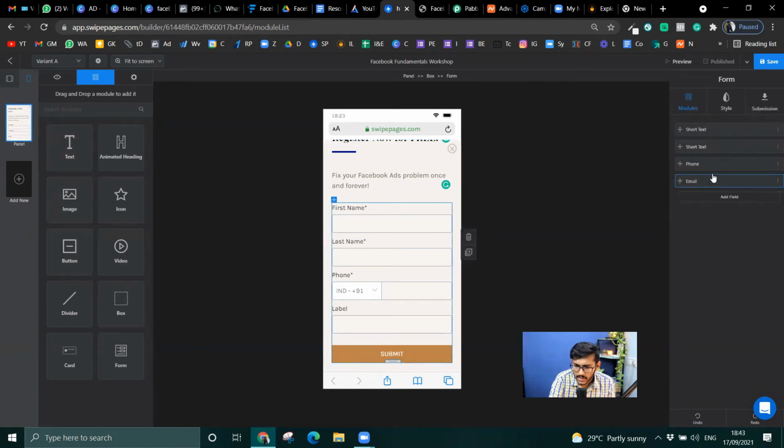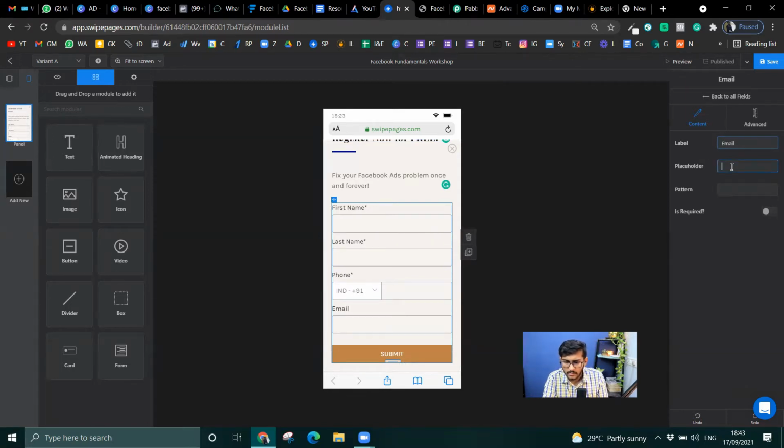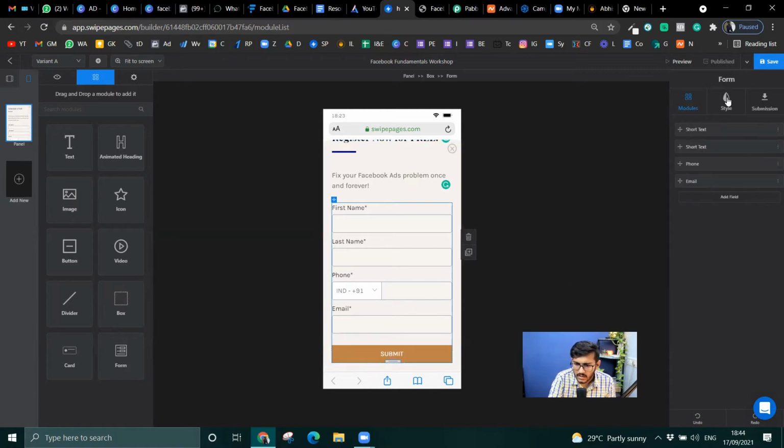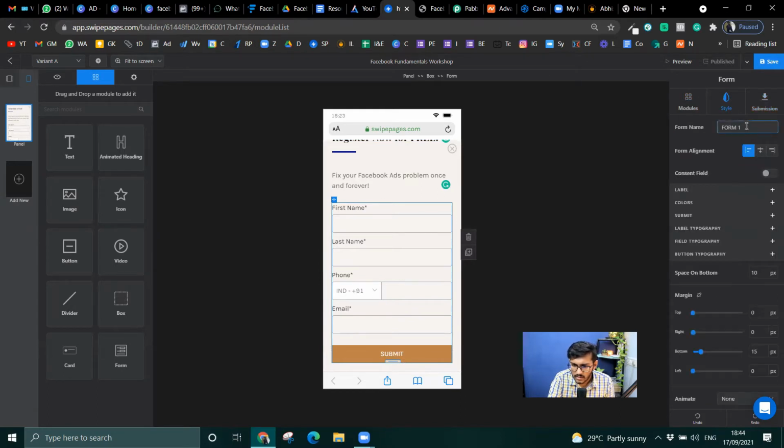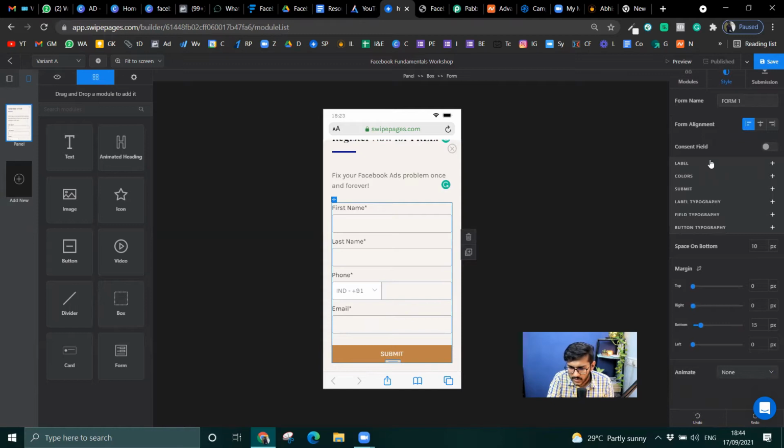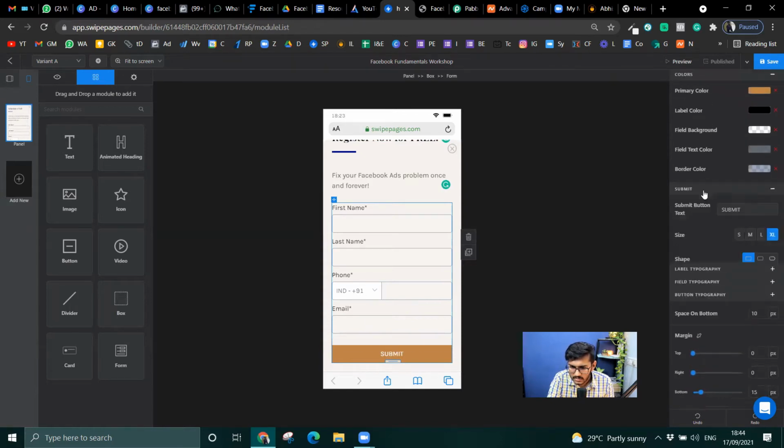Okay, 1 minute, back to all the fields. Email, placeholder, pattern. No, I'm not going to get the pattern, so they should understand what mail is. And submission, form name, let it be form 1, labels, color, submit.